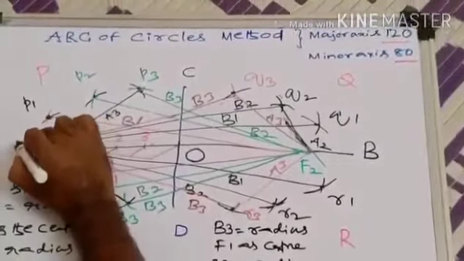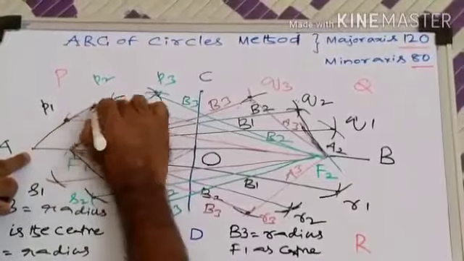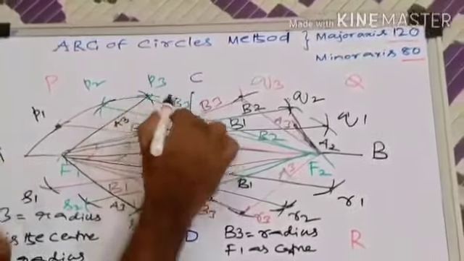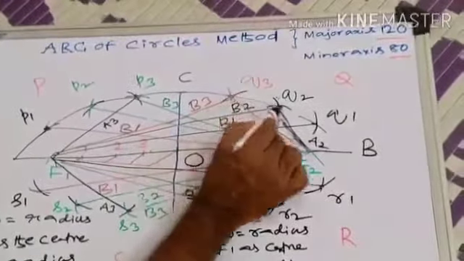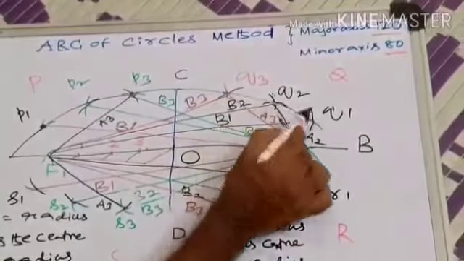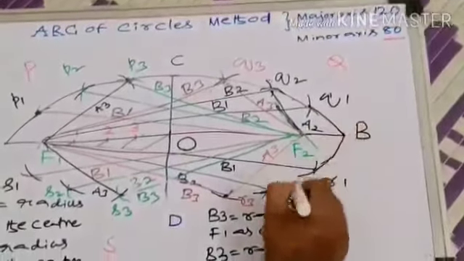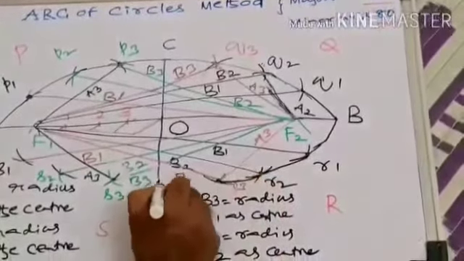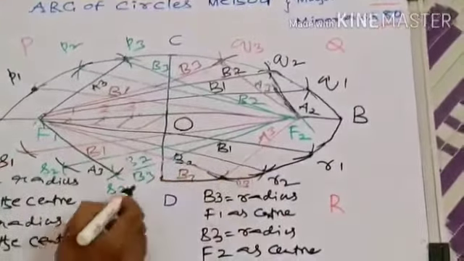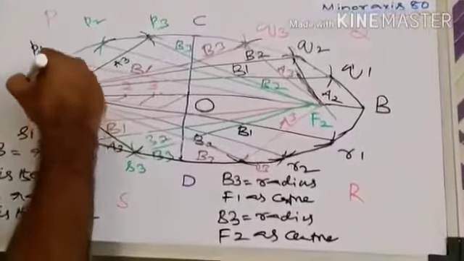Starting from A, end point of major axis, A to P1, P1 to P2, P2 to P3, P3 to C, C to Q3, Q3 to Q2, Q2 to Q1, Q1 to B, B to R1, R1 to R2, R2 to R3, R3 to D, D to S3, S3 to S2, S2 to S1 and S1 to